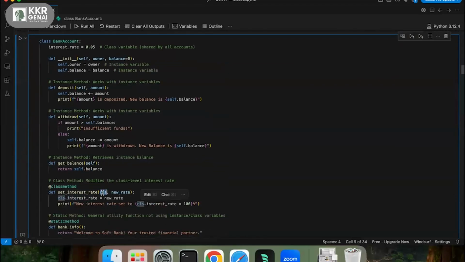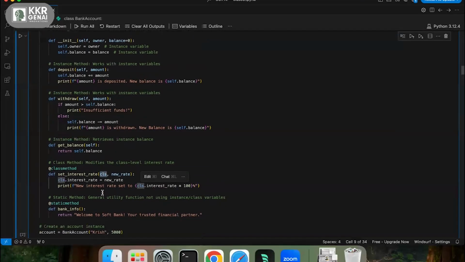Every class method will have its first parameter as cls, where in the cls parameter you'll have all the information related to class-level variables. So if you want to change anything related to class-level variables, you'll use a class method. A static method is just like a simple function, or a utility function. It is irrespective of instance variables, so if you don't want to work on class-level variables and you want to write some functionality, you generally use static methods.